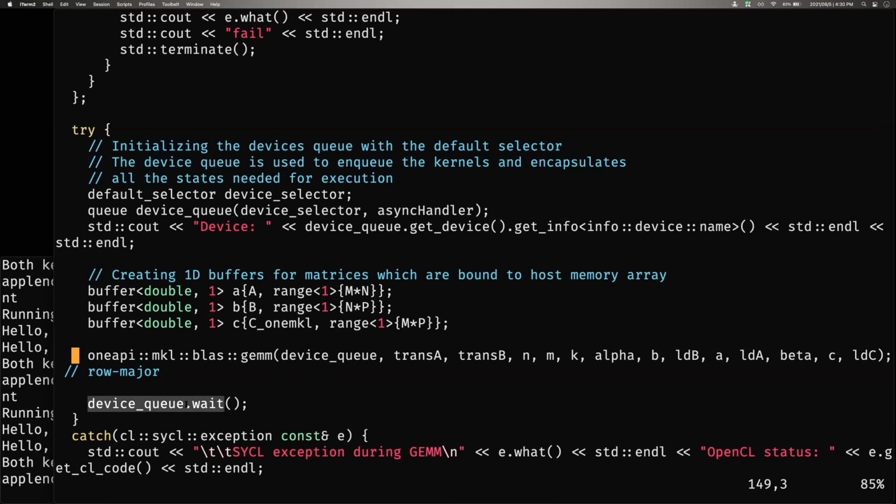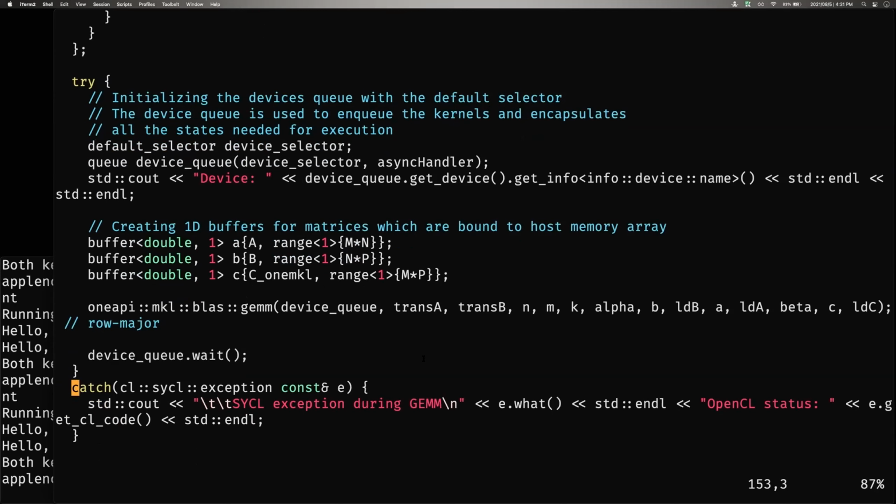So we don't support calls inside your kernel. You cannot call MKL, right? So inside your parallel_for, you cannot call gemm. But what you do is you submit a kernel with a call to gemm. So this is maybe the only limitation. But you see, if not, it's easy. You create a buffer and you can pass the buffer directly. Or you can also create a raw pointer USM, and you can just pass them, and it will work out